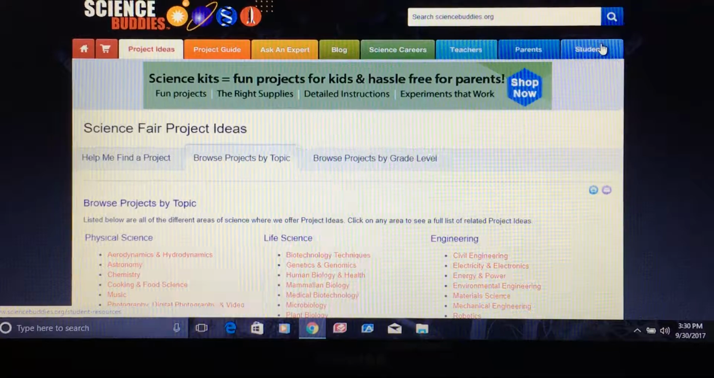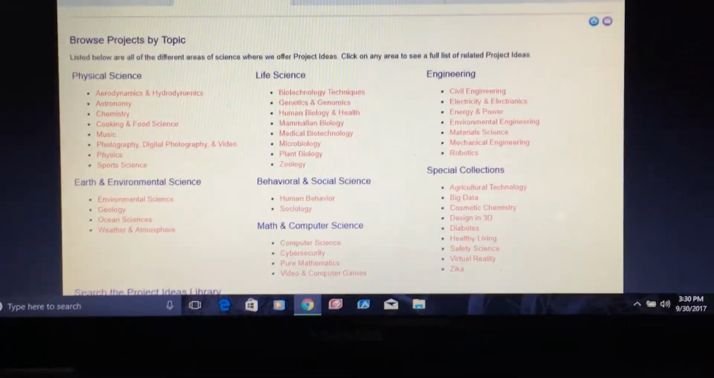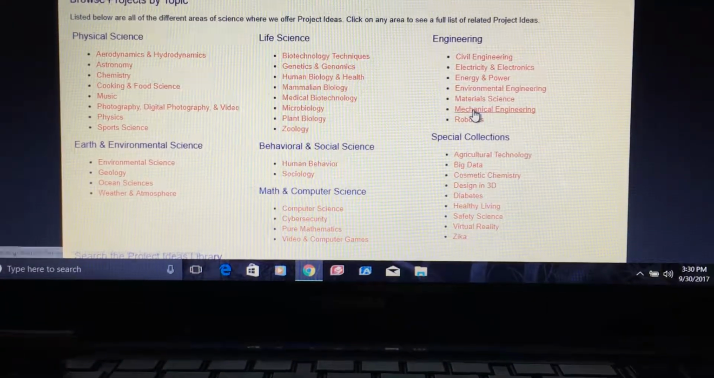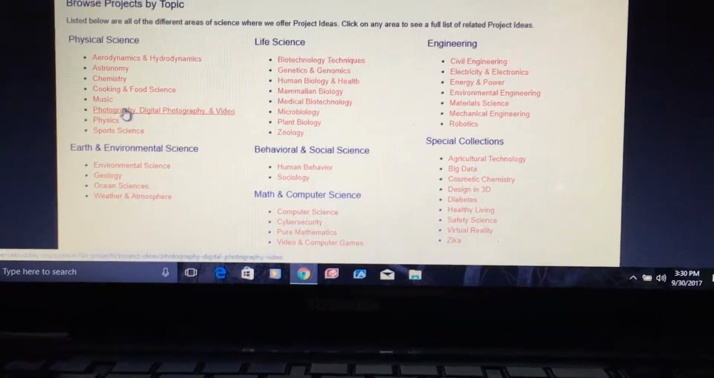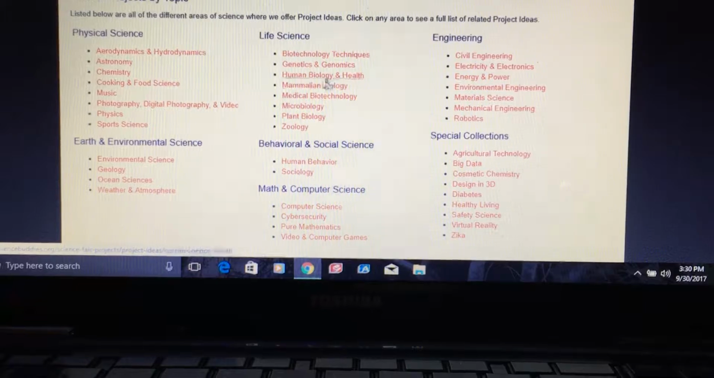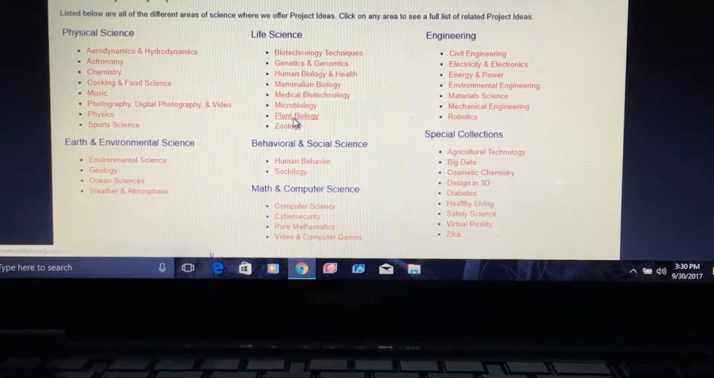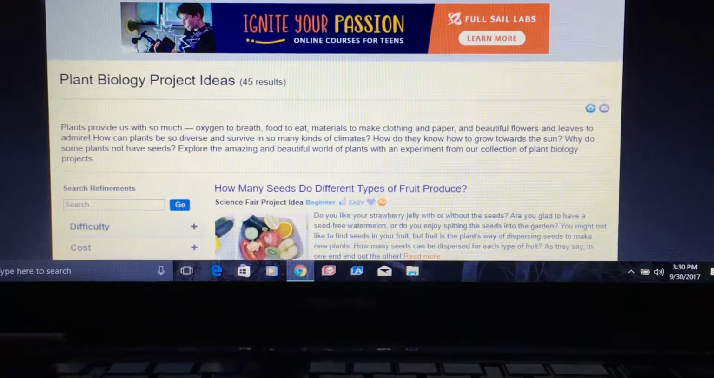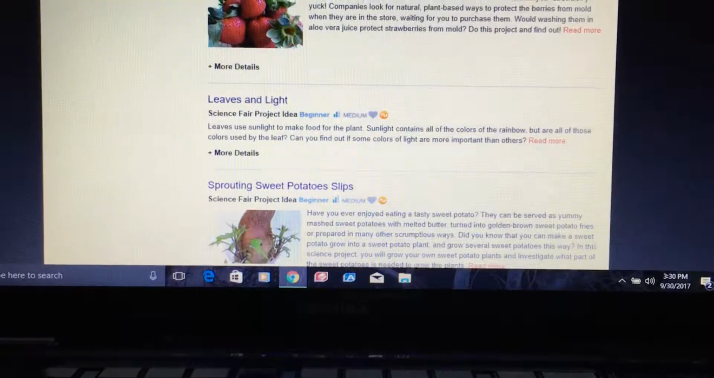And that's going to give you all of these science topics. So you can just scroll through here and figure out what you're interested in. Are you interested in mechanical engineering? Are you interested in photography or music or genetics? I really like the plants, so I'm going to choose plants, plant biology. And you're going to see once you go down here, there are all of these project ideas, right? And so I'm going to pick